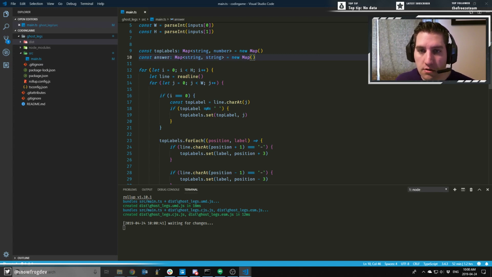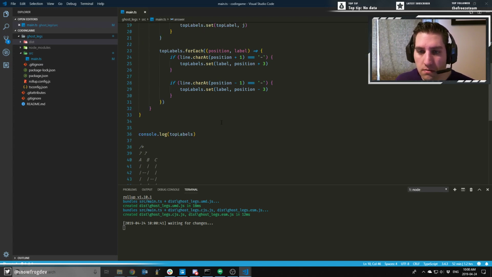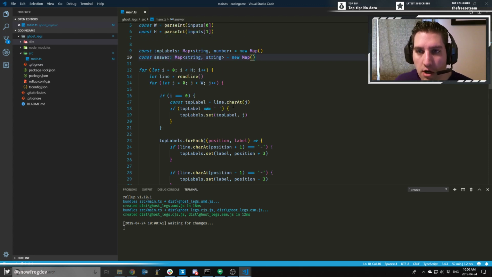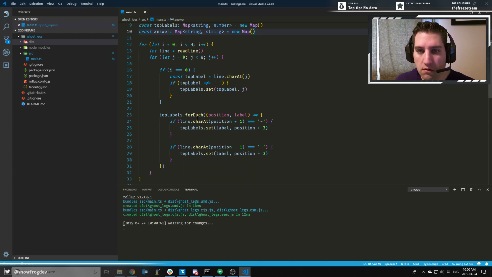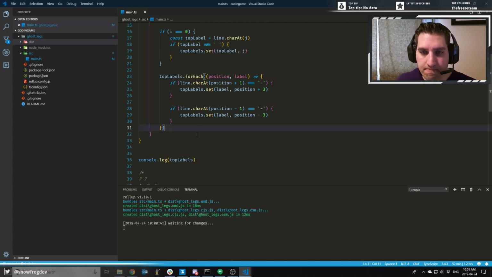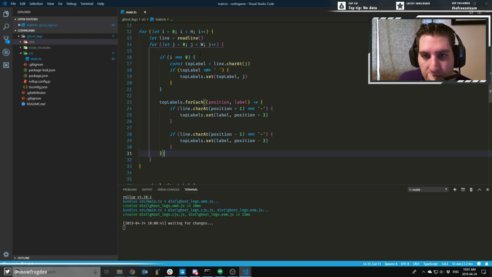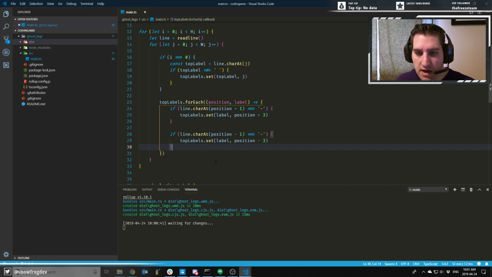Oh yeah, this will be good too, because we need to print out our answer line by line. So I'm going to be able to iterate over the answer map. Okay. Top labels for each. And we're doing this every time we hit a line, but now we need a final